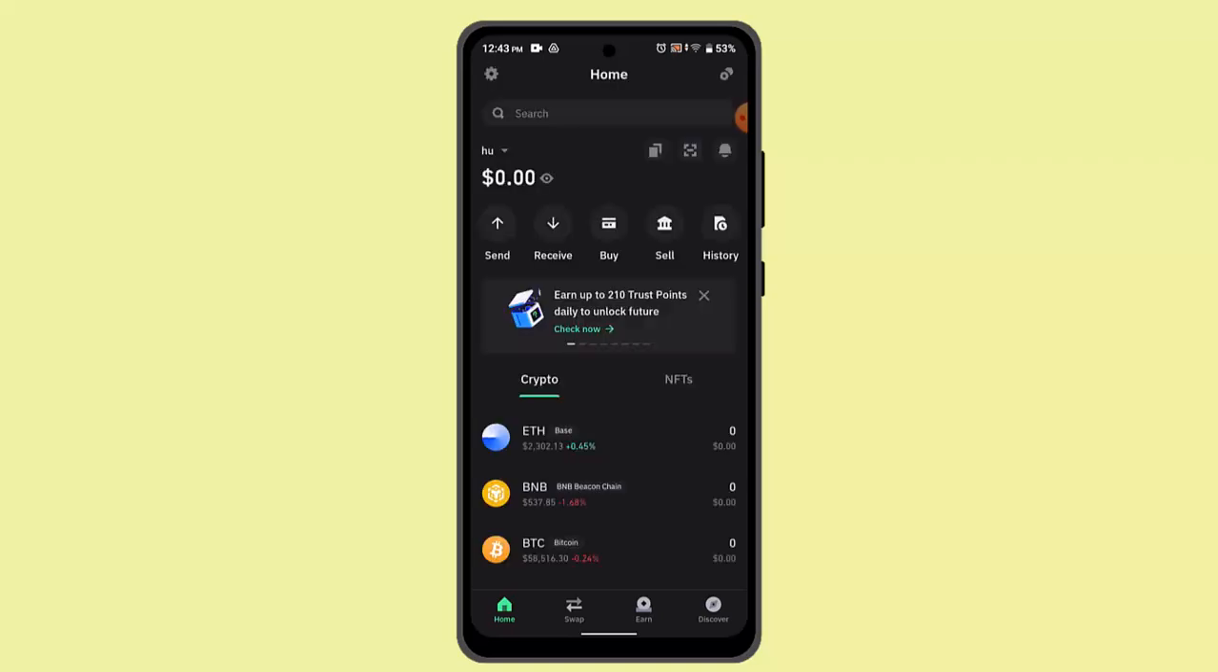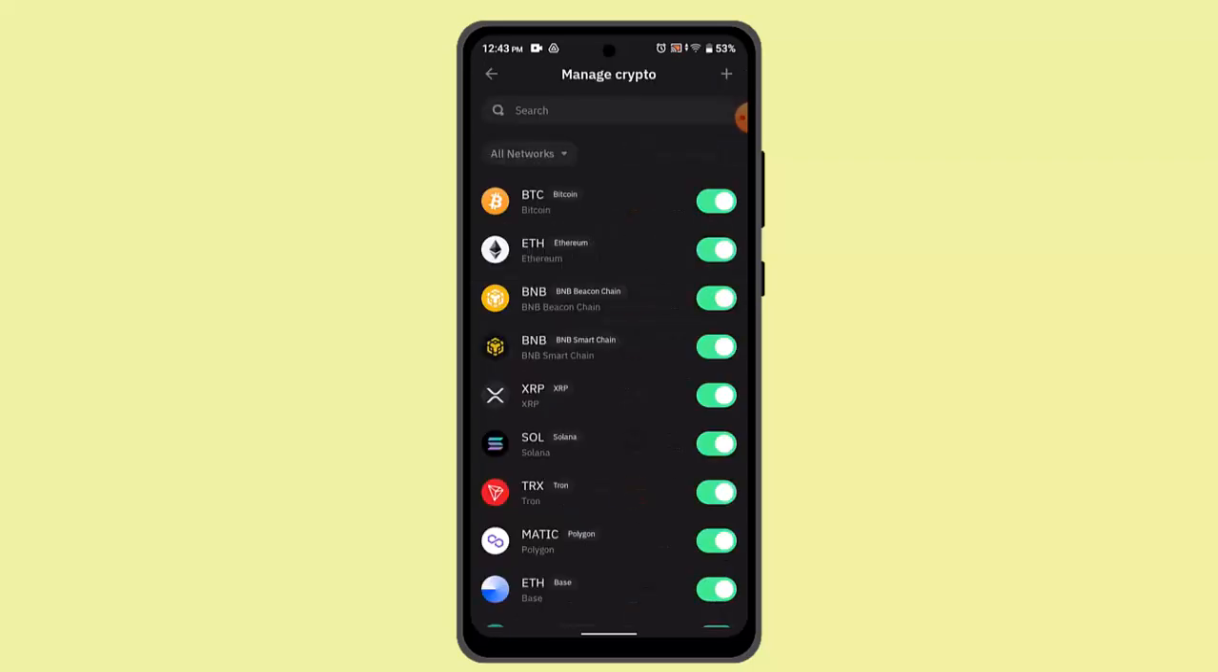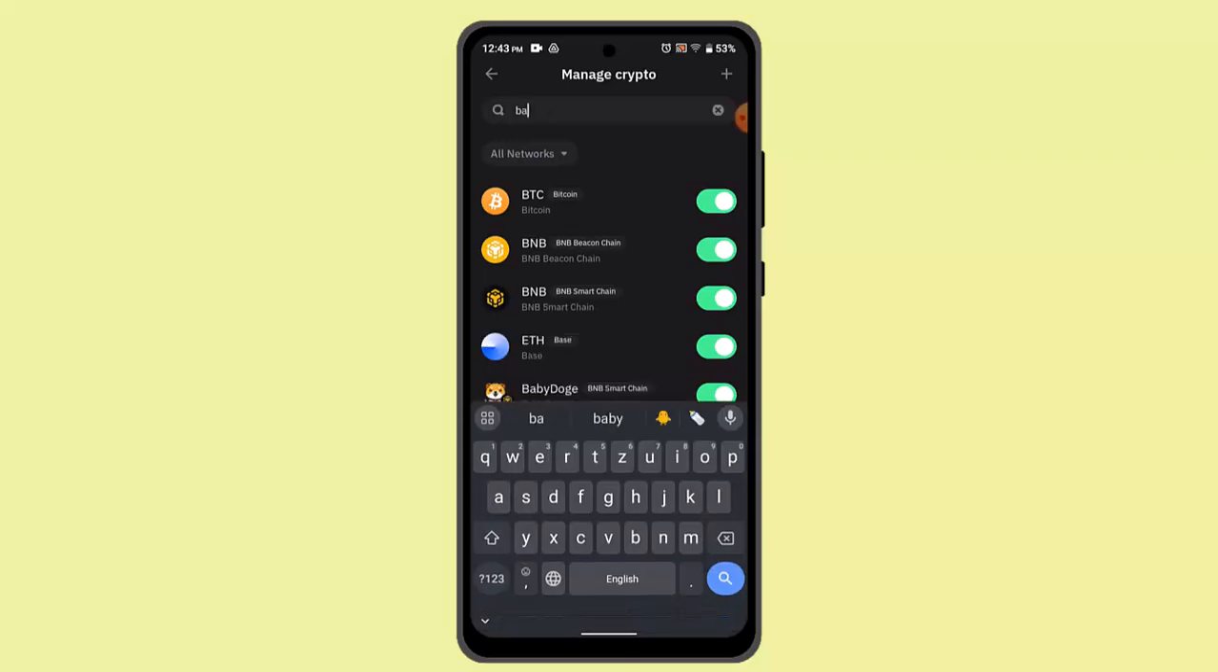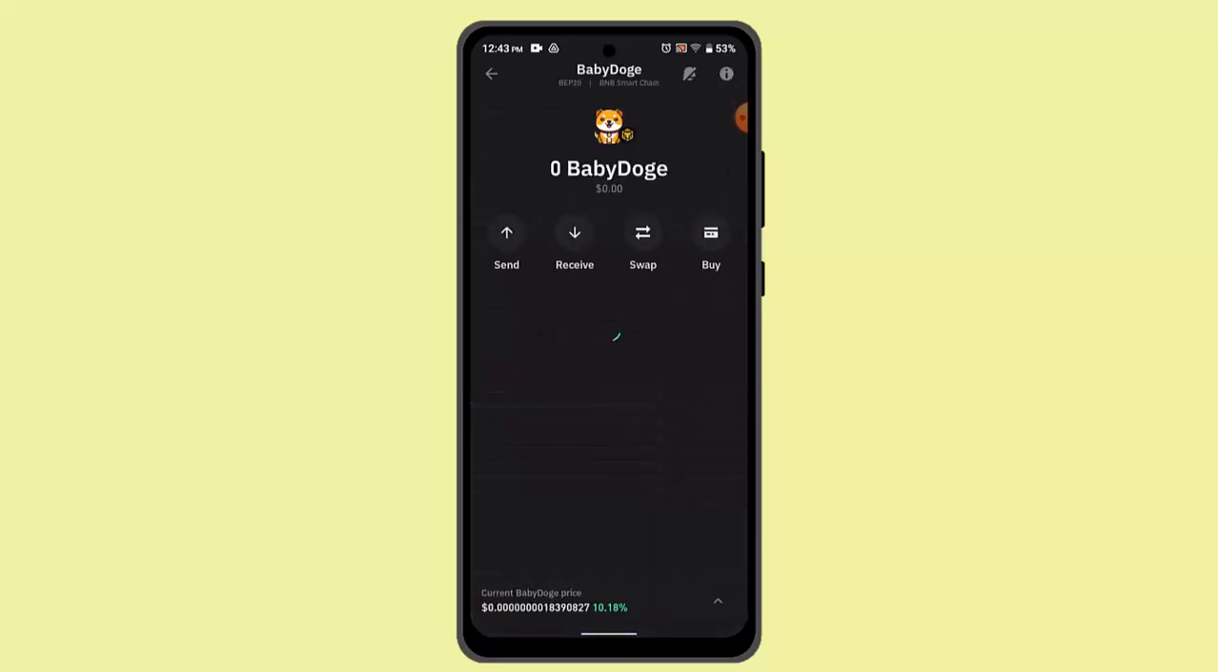So right on this page, what you have to do is you need to go ahead and select the buy button. But if you are unable to find the Baby Dogecoin, then you have to first of all add it. So press the icon located in the top right hand side. On this page, go ahead and select or type in Baby Dogecoin and toggle the button for this. When you've actually done that, you could go ahead and press on it, and on this page you could go